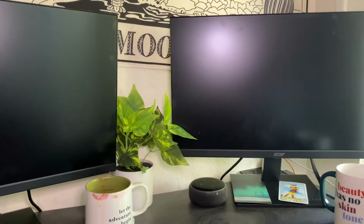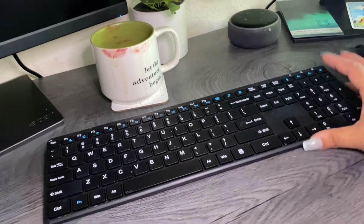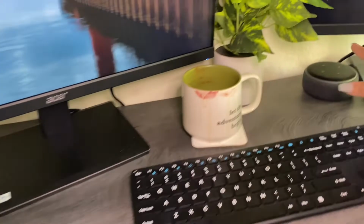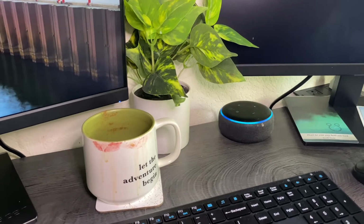Other than that, these were sent from my work. So these are just the 2 monitors that I have. And I just put a little plant here. They send keyboards and mouses and stuff, but I can't be tied to wires. So here we go. Here's the clock. So I have my own wireless one. And then I put my Alexa here just because, one, I like my Alexa, but also the computer is down below, and